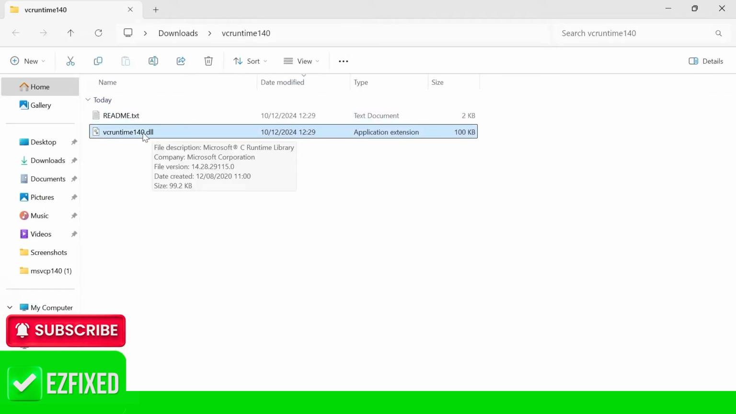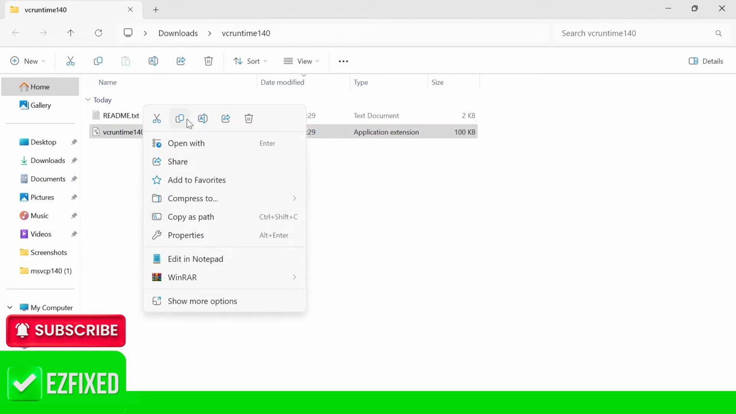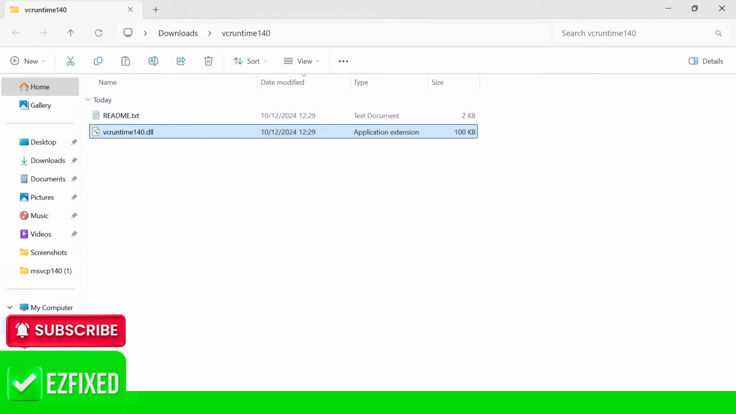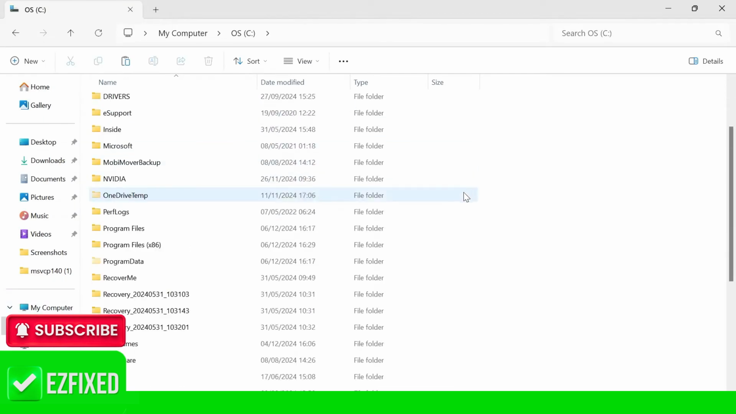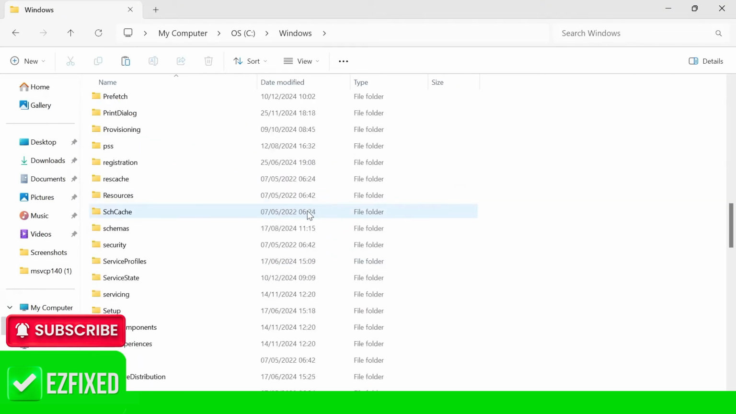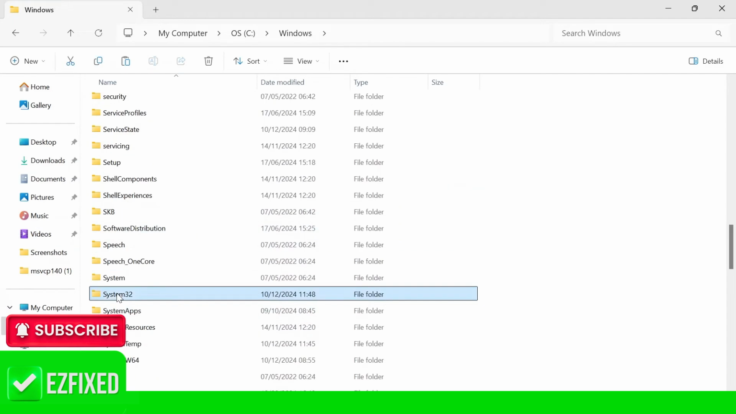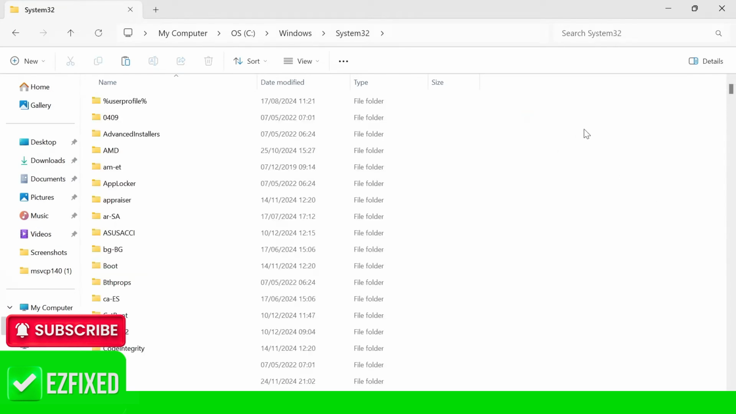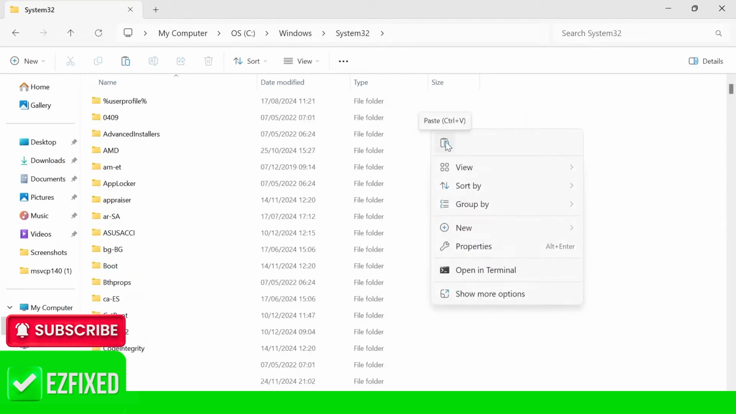And from here, we're just going to right click on this file, click on the copy icon at the top, then head over to your C drive from the left hand side, scroll all the way down and double click on Windows, scroll down again until you see System 32 and double click on this. And now somewhere in this white space, we're going to right click and then just select the paste icon to